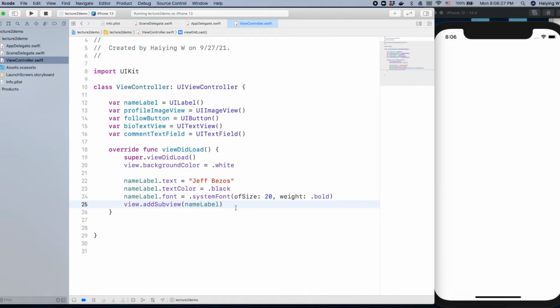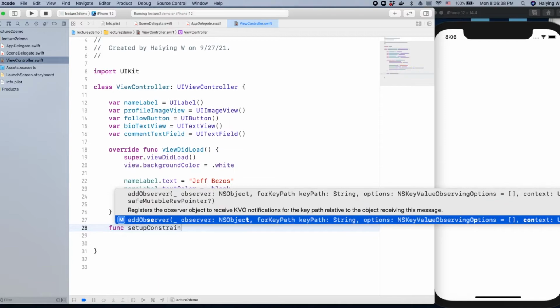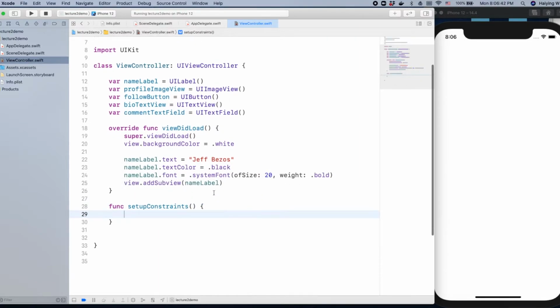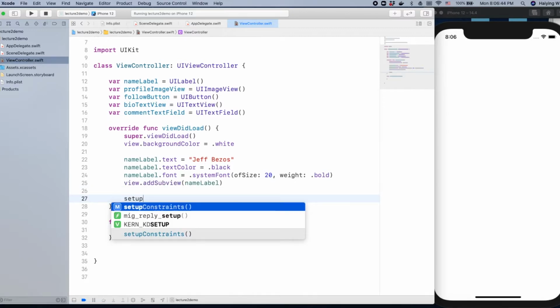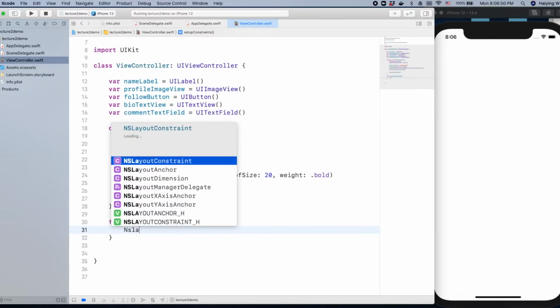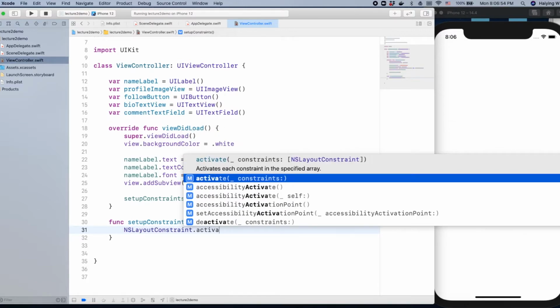So you can set constraints inside this viewDidLoad function, but we're actually going to make a function to set up all the constraints. This is just to declutter the viewDidLoad function, and then we can call it in viewDidLoad. The way you set up constraints is you have to do NSLayoutConstraint.activate,